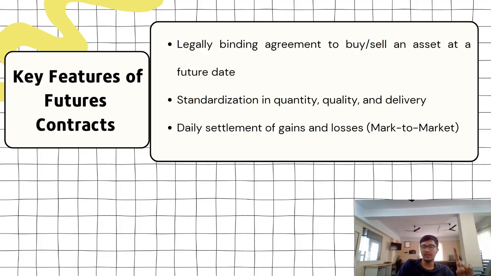So they are legally binding agreements if you are coming into a future contract, and if it is in the money and you don't actually exercise your rights at the end of the expiry, you need to physically settle those particular number of shares. Either you have to buy those shares or you have to give away those shares if you don't exercise your right before the expiry date. That is about physical settlement of